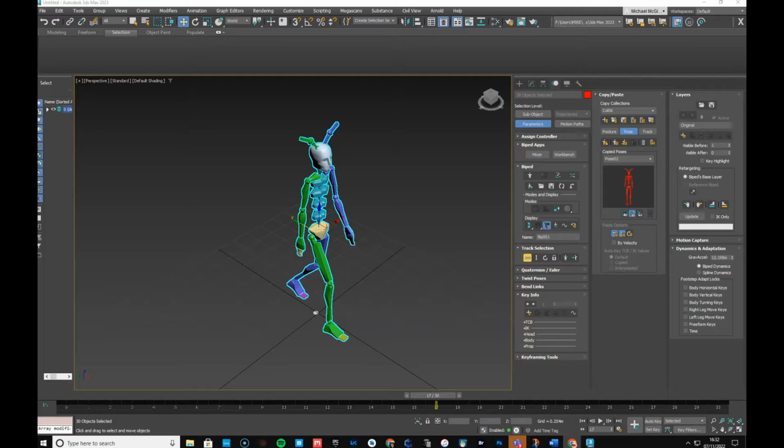Next, I can go and collapse both layers. Or I can add more layers to it. So if you want to make additional adjustments, maybe add a little bit of movement to the head, I can add more layers. So I collapse for now. Okay. You can see that the in-place mode is off. And I play my animation and I have my character walking in one